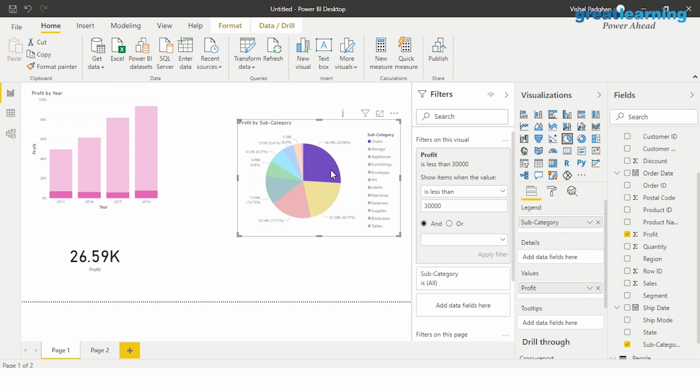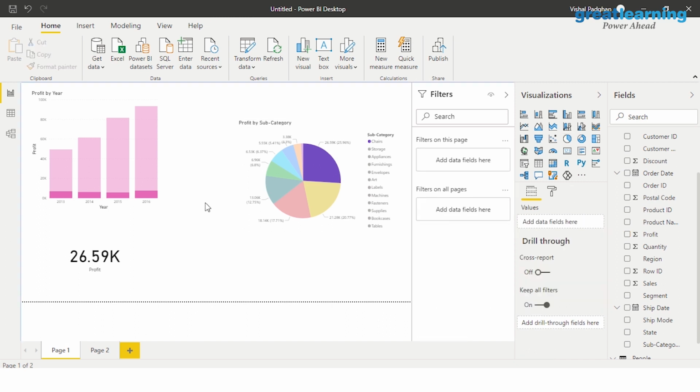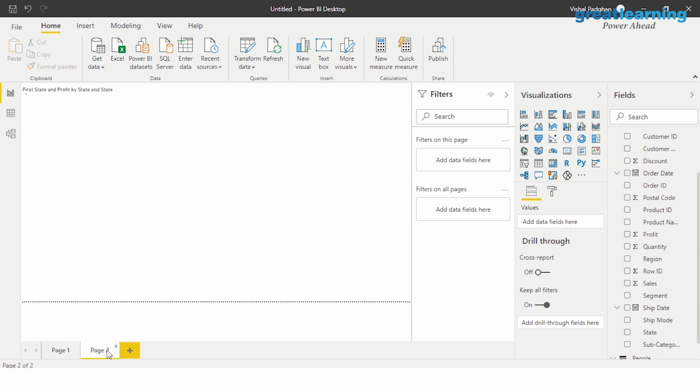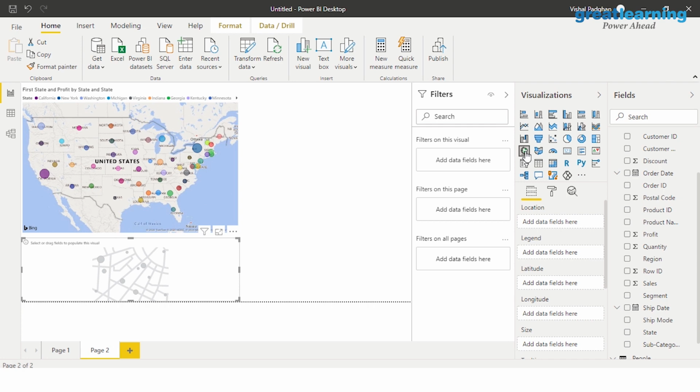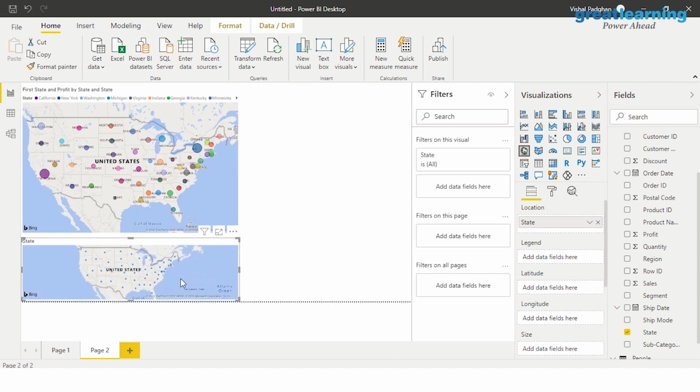And this is how the visualizations look when you create visualizations using Power BI. So we've seen a line chart before, we've seen a pie chart now, we've seen a bar graph as well. So this is how you actually go ahead and create visualizations, and there are plenty of options here for you to choose from. If you want global information, you can come here and just click on this globe and you can have information represented globally as well if you want to. So if you put forth the state here, you'll have global representation of the information that we just did.